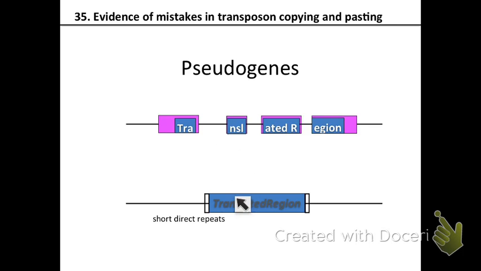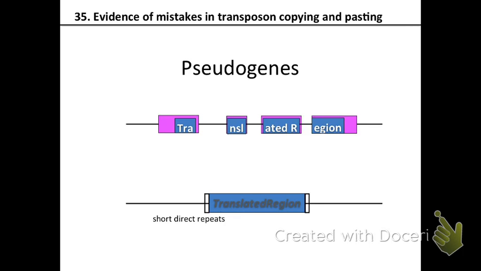So let's say you looked into your genome and you found a region that has DNA sequences very similar to a gene called translated region gene, okay? Very similar, but they have lots of mutations. So they're kind of all degenerated and it doesn't encode for the protein anymore. It accumulated lots of stop codons, but it's there. And the next thing that you recognize is, wait a minute, this translated region is surrounded by 2 short direct repeats. That tells me that this pseudogene has come to existence because of a transposition event.